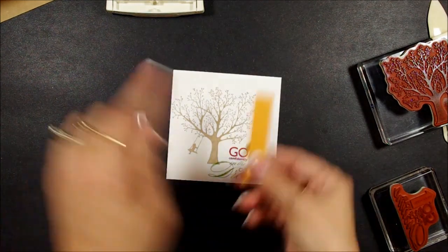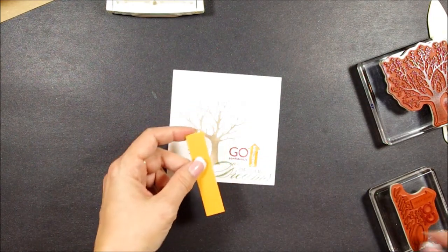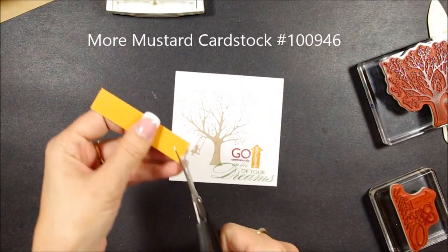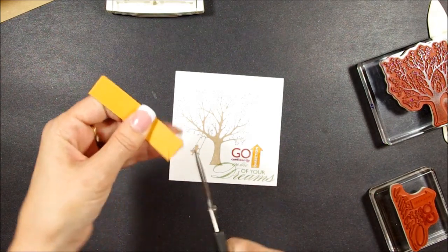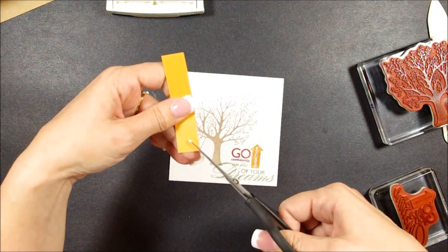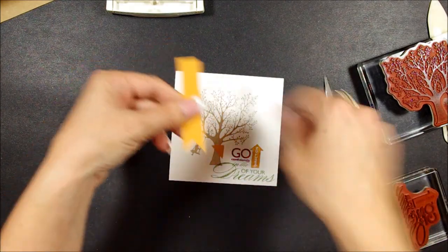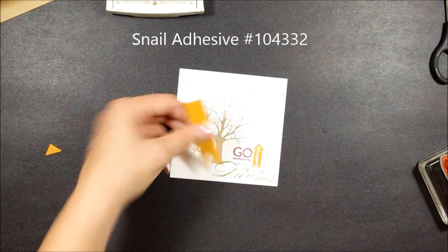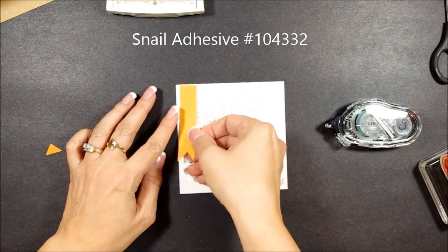I've cut a piece of More Mustard to 3/4 of an inch by 3. And I'm going to use just my paper snips to do kind of a fishtail or a dovetail, whatever you want to call it, edge. So we're just going to go kind of to the middle. And then you can also use a square punch to do this. But for this one, it's easy, so I'll just do it that way. So I'm going to take my snail adhesive and glue that to the edge,